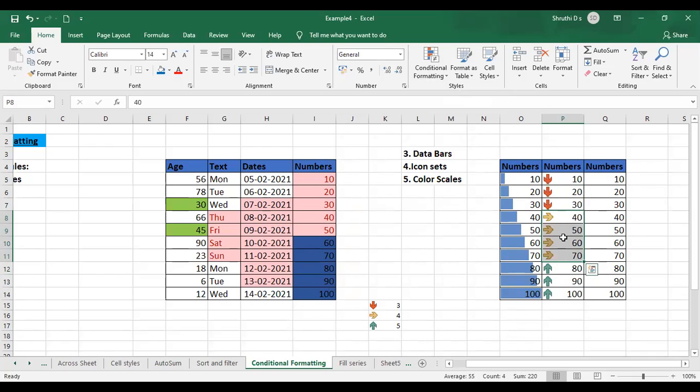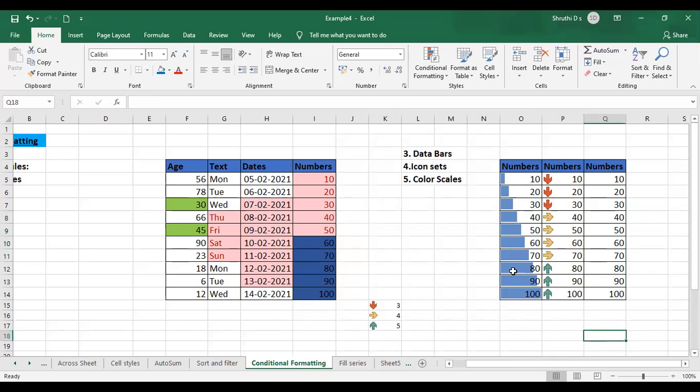This average means they both are equal, and this means he is leading, something like that, to indicate different results. They use the symbols, right? Similarly, to represent a particular condition in a particular collection of data, we can use these icon sets. Icon means these shapes.